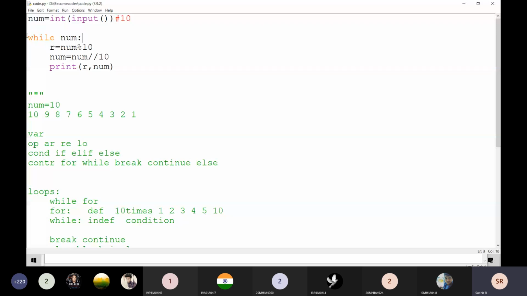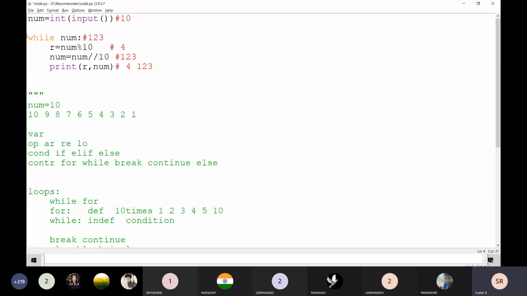I am going to dry run it first of all. Just listen carefully. Here the value is going to be 4 and 123. It is going to print 4 and 123. Then it checks while 123: the new num value is 123, and any positive or negative value returns true. That's why it enters the while loop again.